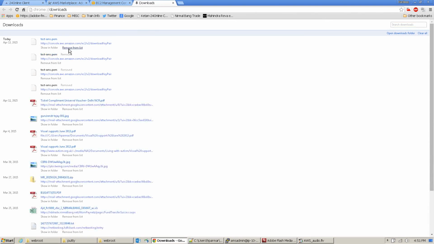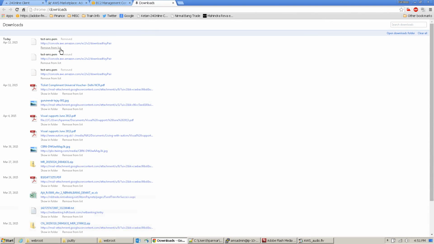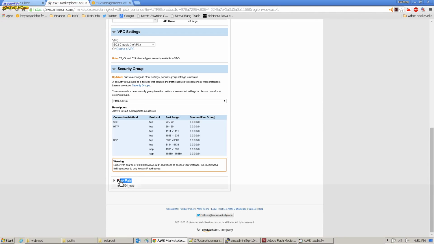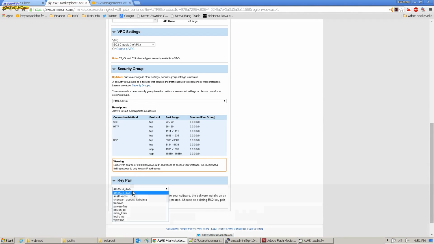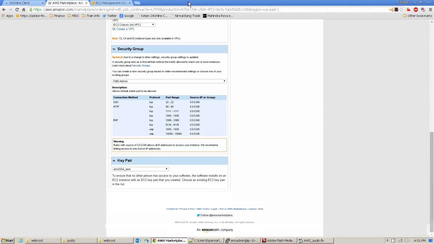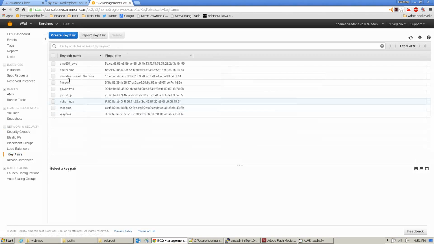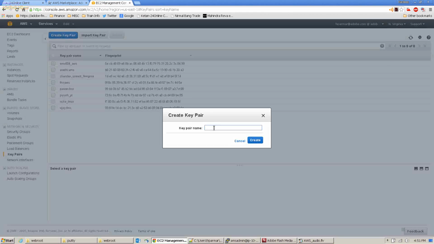That was about security group, and finally about key pair. There is a list of certain key pairs available here, but for the purpose of demonstration, I will show you how to create a key pair. This is the console page, right after clicking on the dashboard. I can click on the key pairs tab and create a new key pair. Let us name it test AMS. As soon as I create one,